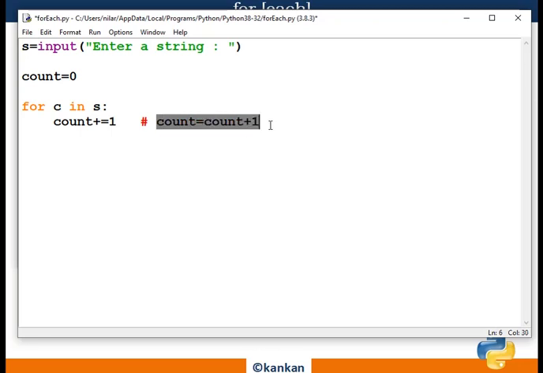Okay, so how many times will it be executed? Till the string exists. If you reach the end of the string, then it will be terminated. So in that case, I will count the number of characters within this string. Now simply print it.